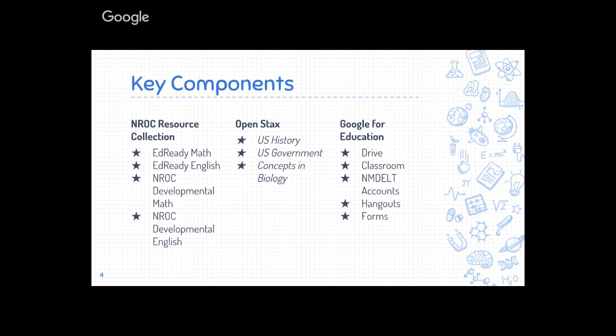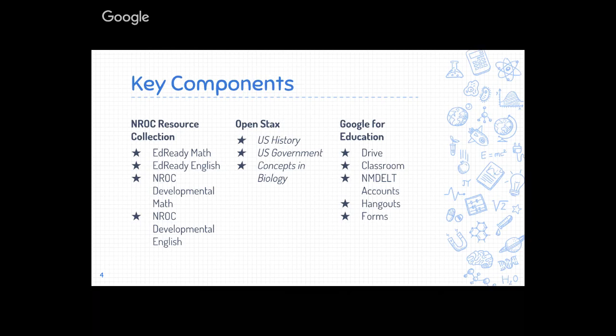In class, we supplement with the NROC Developmental Math textbook and the NROC Developmental English textbook. Those kind of serve as our class textbooks. They're open to use, open educational resources. They're free, and they're provided by NROC. We also supplement with OpenStax, which is another open educational resource that provides college level textbooks for free, usually for those